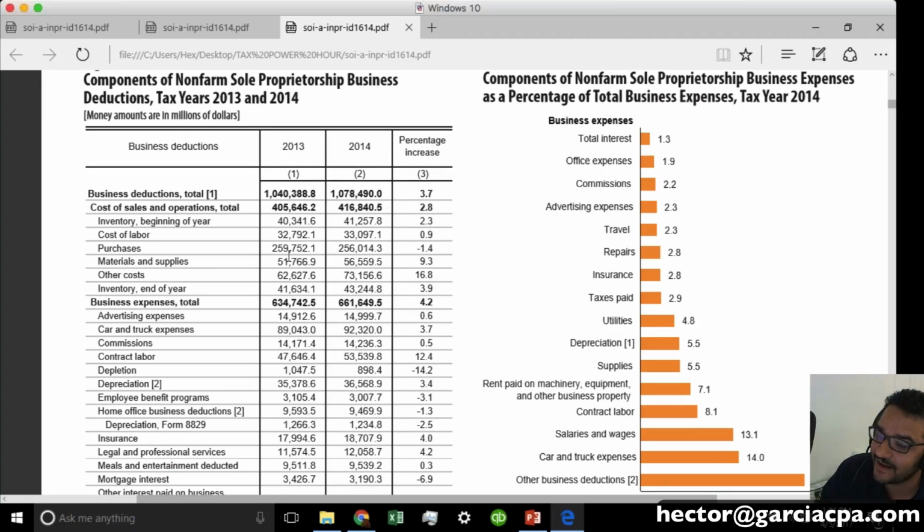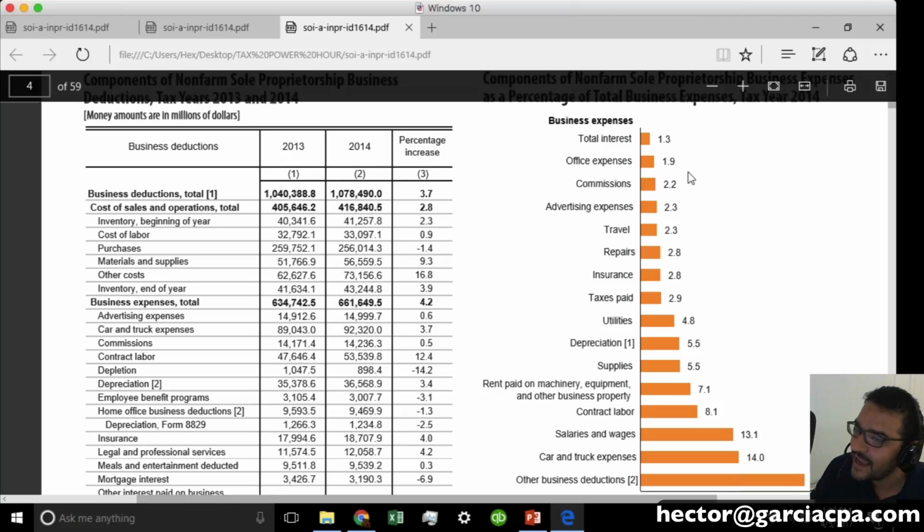But I am saying, as a lover of math, that if the IRS uses statistical software to figure out which tax returns could be out of place, they're probably going to go with things that are beyond the averages. So if you have, for example, a business in which office expenses or commissions are 20, 30, 40% of the revenues, and the averages are 2 and 1%, it is possible. Again, I'm not saying it didn't work for the IRS or anything like that. It is possible that